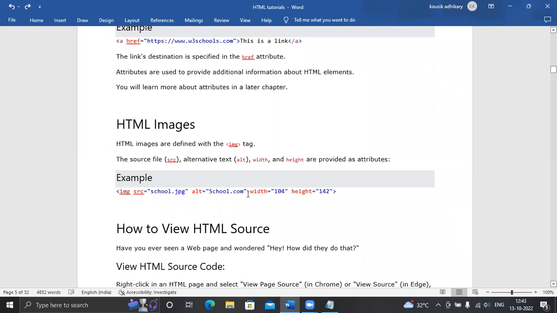Why this? Suppose there are many browsers like Chrome, Firefox, Opera Mini, and Microsoft Edge, there are lots of browsers, and every browser has some different restrictions. Some browsers support jpg, some don't, some support png, some don't support png format images.